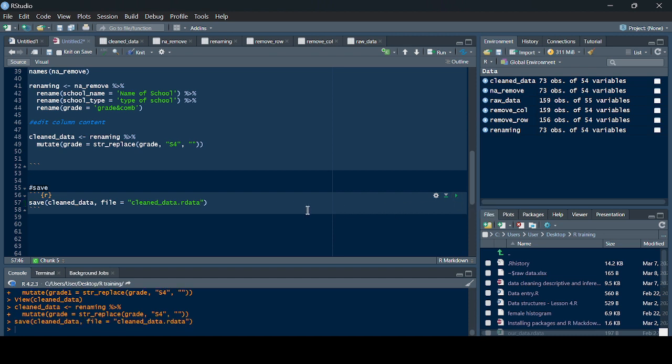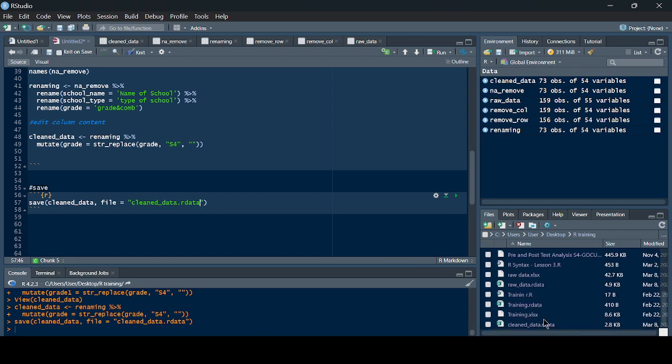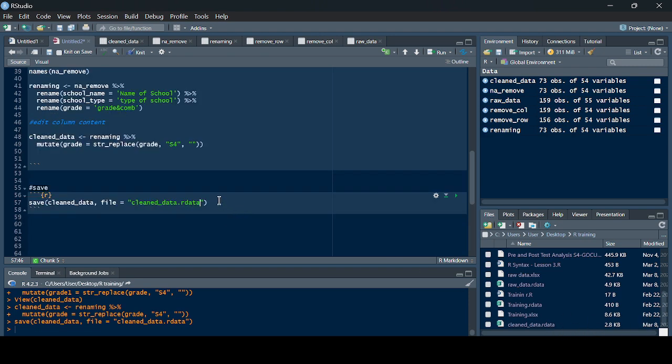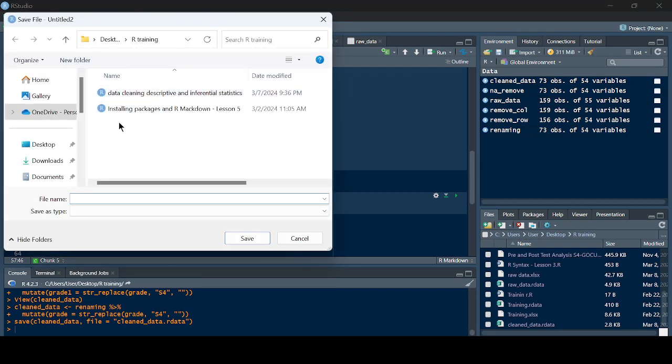and it will be saved here. Cleaning the data RDA here, it is saved. All right, now you save your data. You can also save your file of code. You go ahead here, save current document, and call it